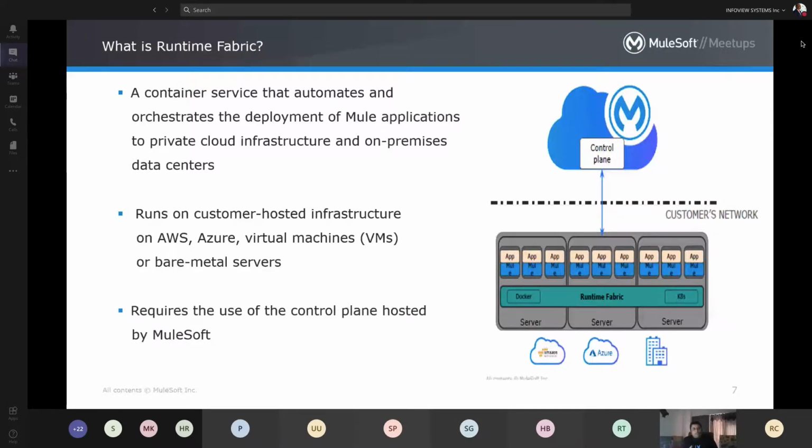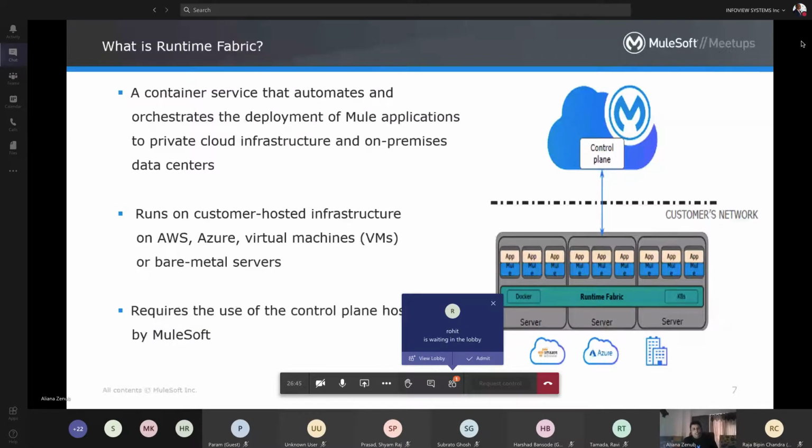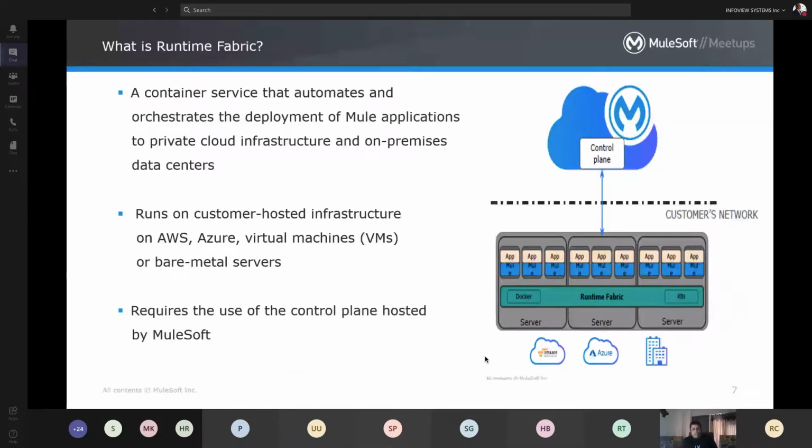So MuleSoft introduced Runtime Fabric almost last year, enhancing the capability we have. We call these the naked MuleSoft Mule runtimes, which we deploy on-premises and manage through the cloud control plane.